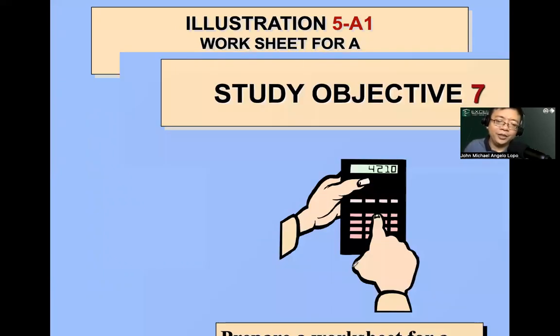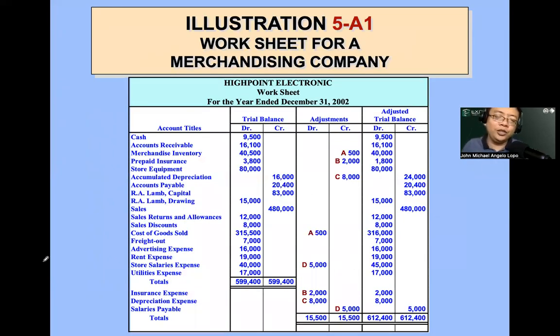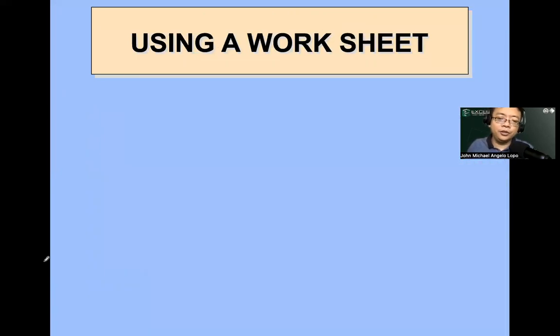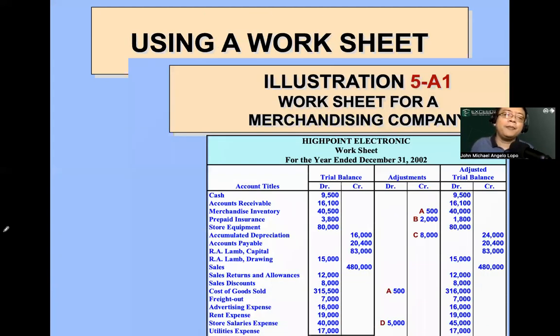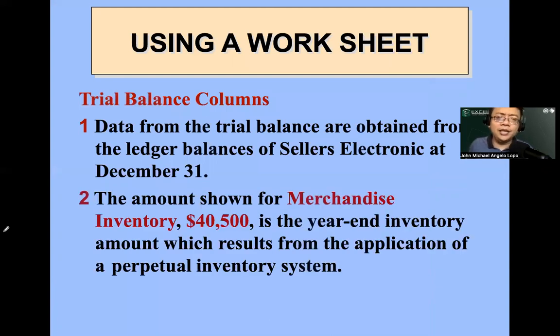Pinakahuli natin is about the worksheet. Okay? So, walang kamatayang worksheet. No? Hopefully, you're still familiar with this one. The trial balance and also about the adjustment. No? So, any resulting factor will become part of our net income. Okay? So, mamaya. Okay? So, this one, ginawa natin to last time. Hopefully, you are familiar. We just added lang mga inventories na yun, more on the merchandising. Okay. Using the worksheet. Same na same pa rin class, no?